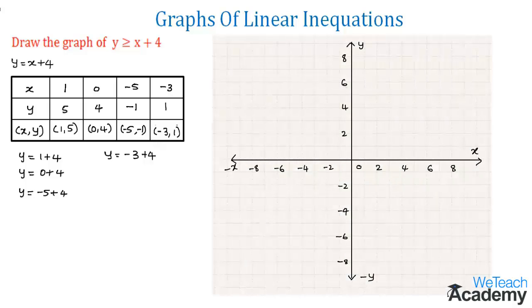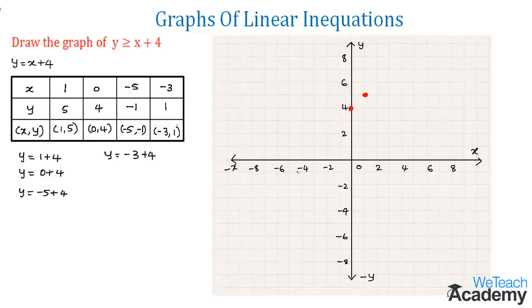So here we have a graph sheet, and we have considered the scale of x axis and y axis as 2 units. Now let us mark the ordered pairs here. So first we have the ordered pair (1, 5). So we get a point over here in the first quadrant. And then we have the next ordered pair (0, 4). As here the x coordinate is 0, we get the point on the y axis over here.